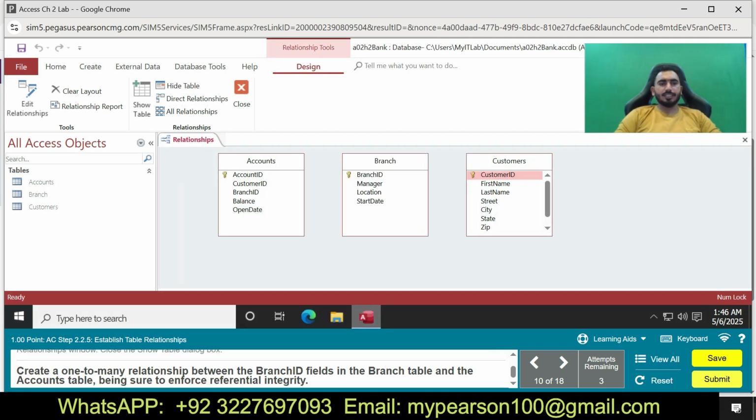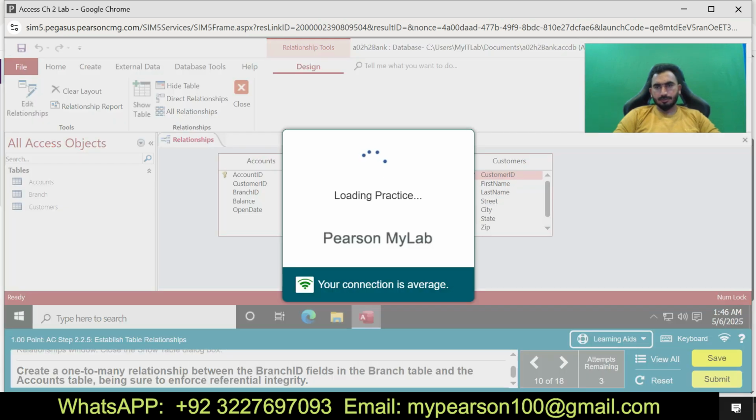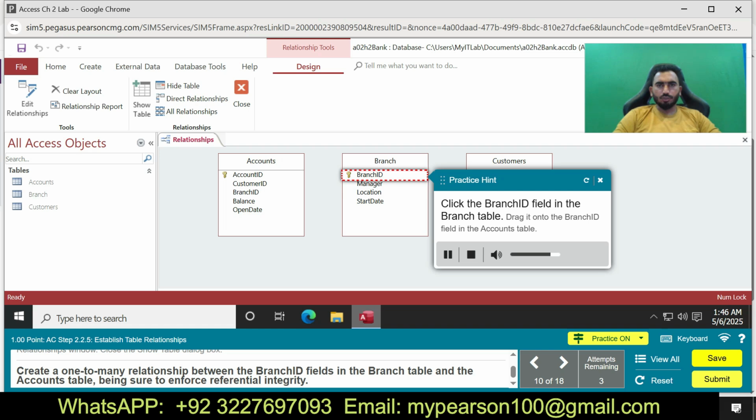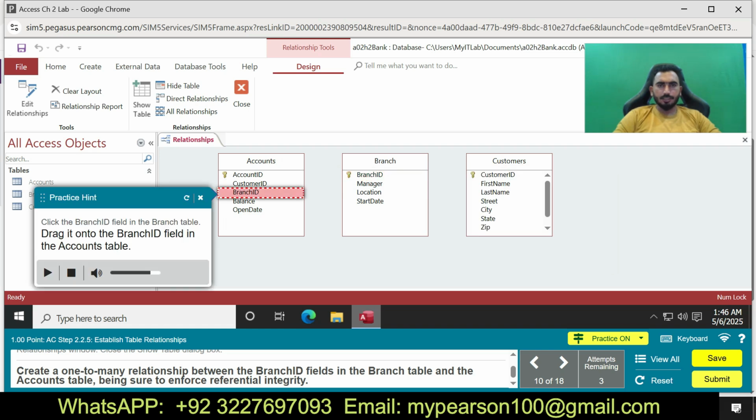Create a one-to-many relationship between the branch ID field in the branch table and the account table. Begin. Click the branch ID. Here you can see branch ID.